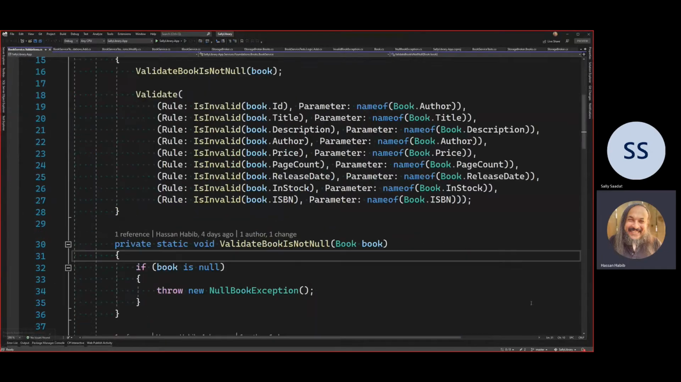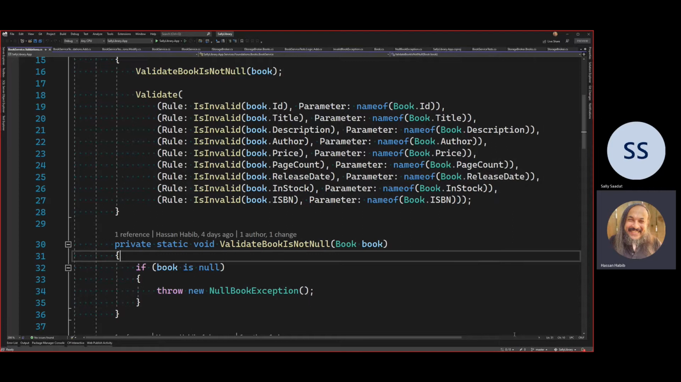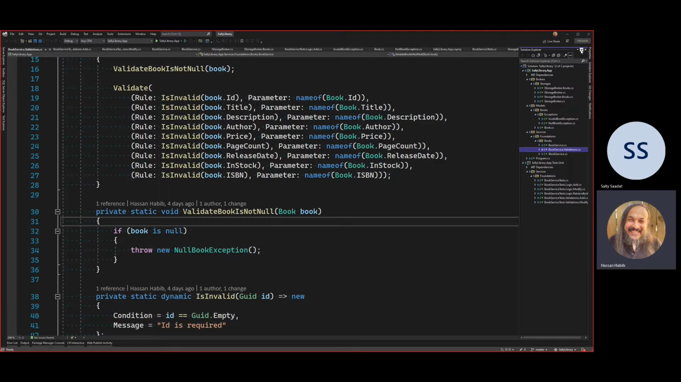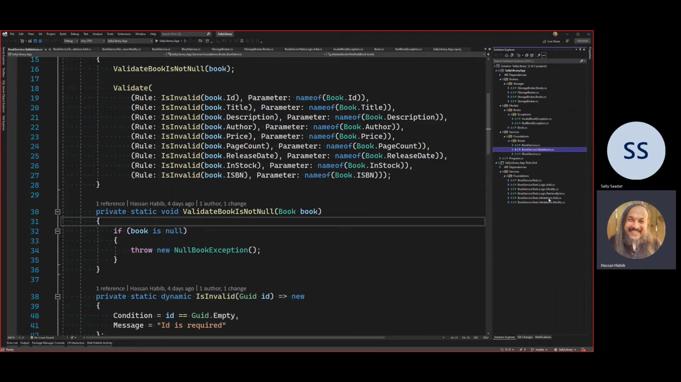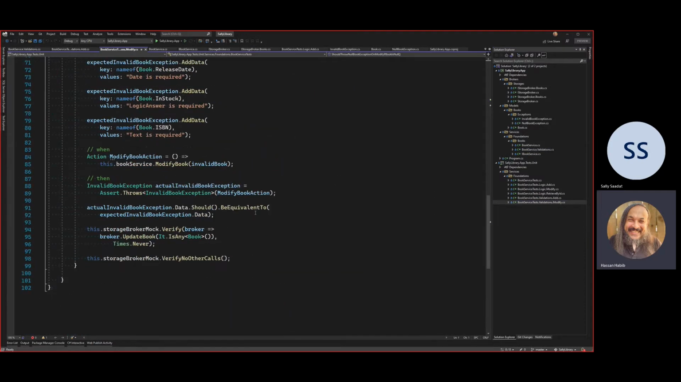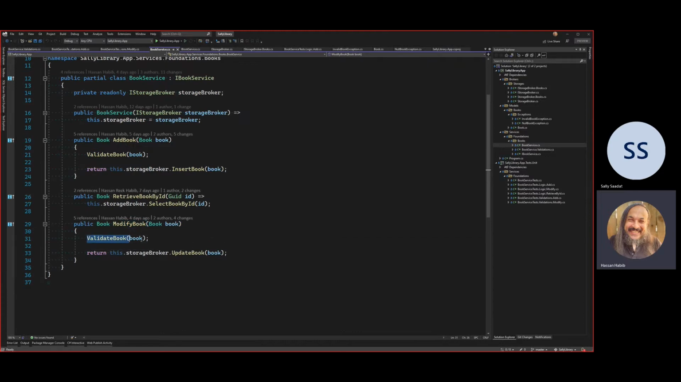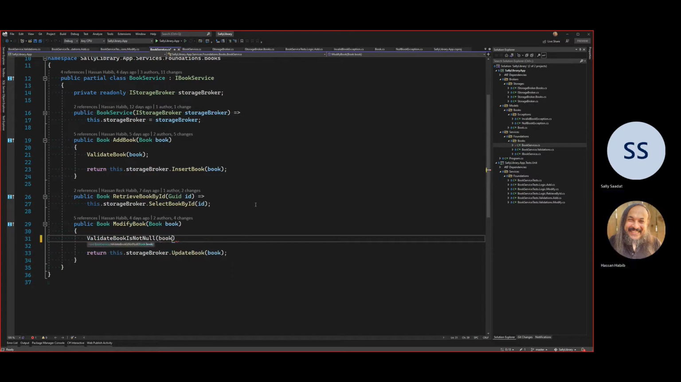So let me pull in latest from here real quick so I can get your changes, Sally. Here we go. Let me revert this. And then let's pull latest. There we go. So if I pull latest from master and pull your changes in here, you have the modify, well done, this is all good. Here's what I would have done. I would have gone to the modify book first, and instead of calling validate book, I would have said validate book is not null. So this way I